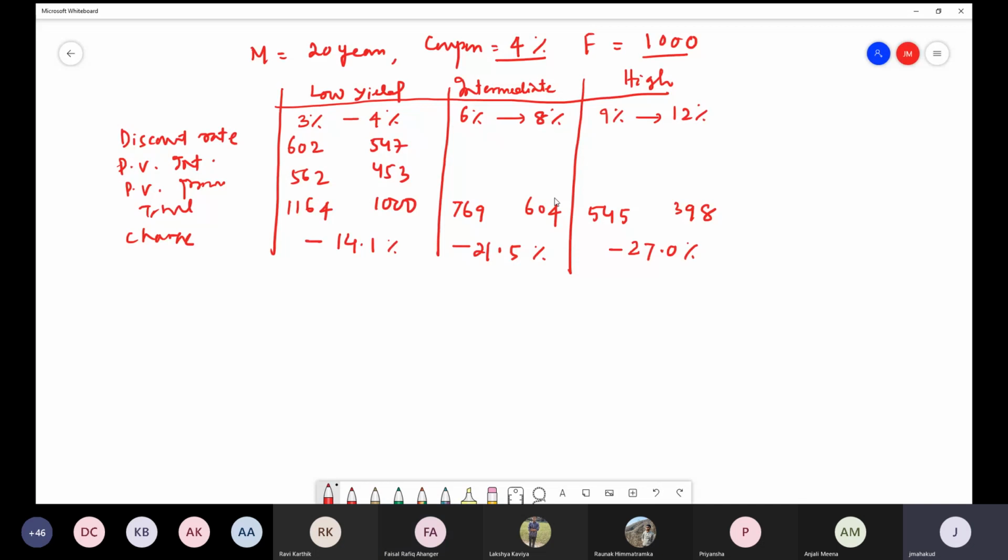But yes. I will give you another case for high coupon rates in the same example. If you see, let this change from 9% to 10%. Whenever this rate has changed from 9% to 10%, let us say we have got the price 545, then 485, and the change is minus 11%. Then what does it mean? Now what have you observed?